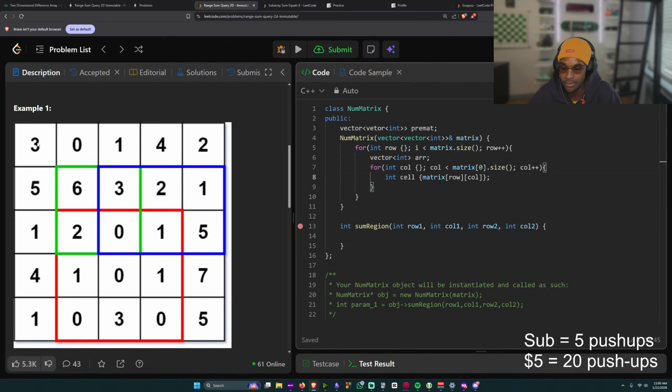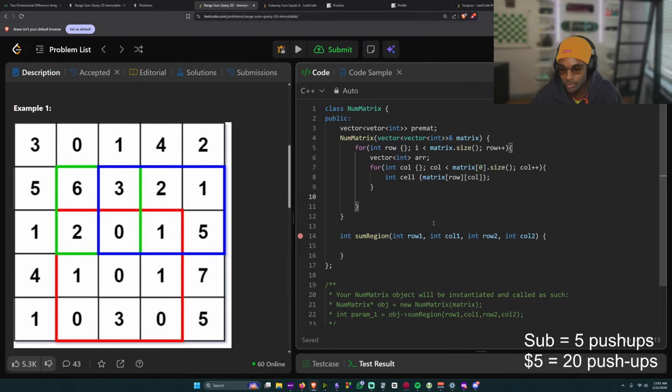This will get us to 3. So let's just start off at 0, 0. So cell will be a 3. And don't we want to push that onto our vector? Yeah, I think I should do this inside of here.